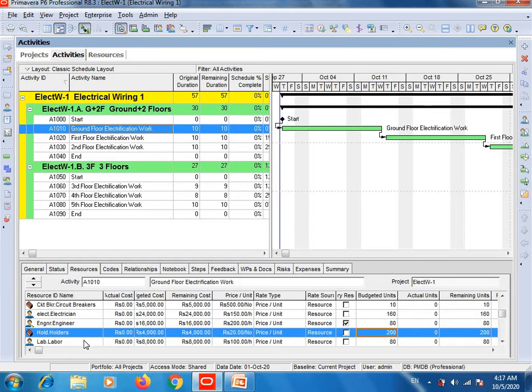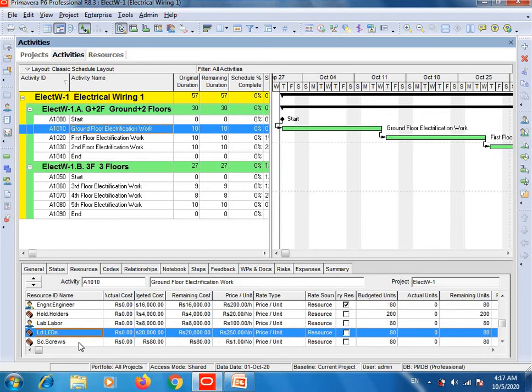Okay, here comes the labor or helper who will assist the electrician, and the labor per hour salary is 100 Pakistani rupees, and one labor is enough. So daily he will do 8 hours duty, and this first activity will take 10 days to complete. 10 multiplied by 8 is 80, and then you will get the value of 8,000 Pakistani rupees, his 10 days salary.